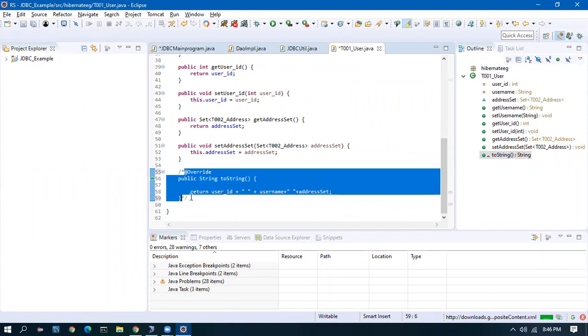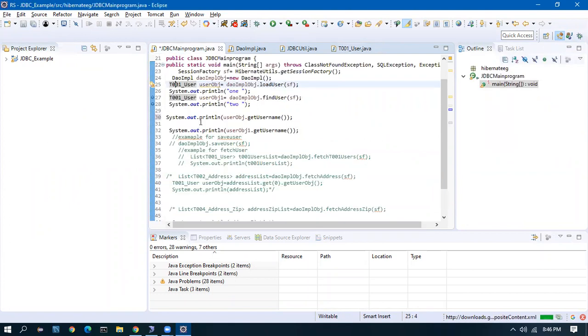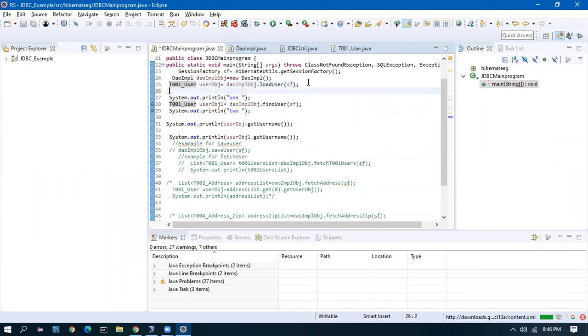Debug mode means there is a small bug right here. I can have a breakpoint and I can view what is happening. Like, I give a breakpoint here. So when the program is at this stage, I'll see what is happening. When I run it, I cannot see what is happening. I can give only sysout.